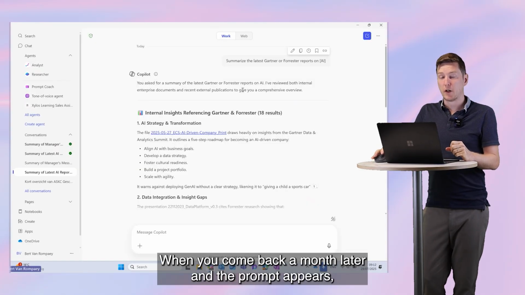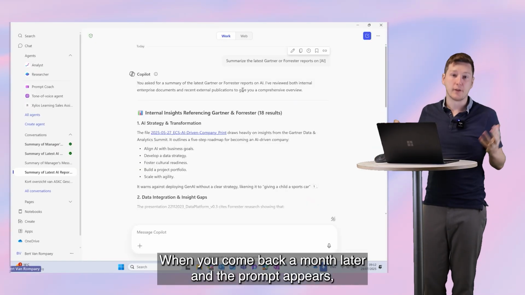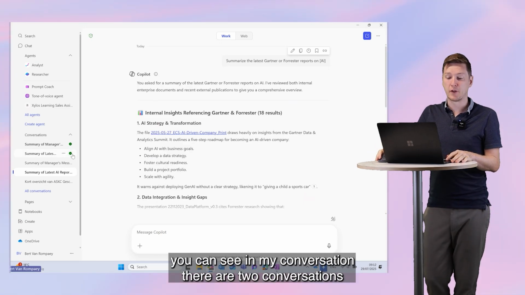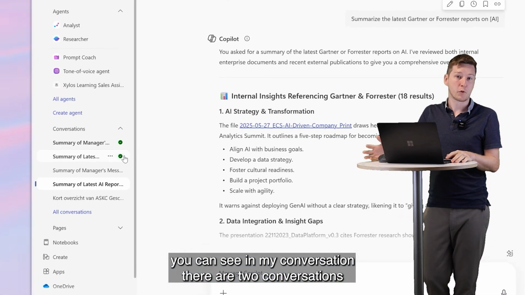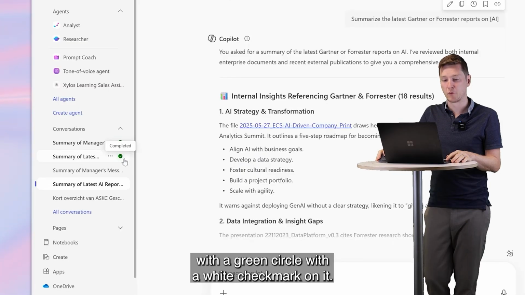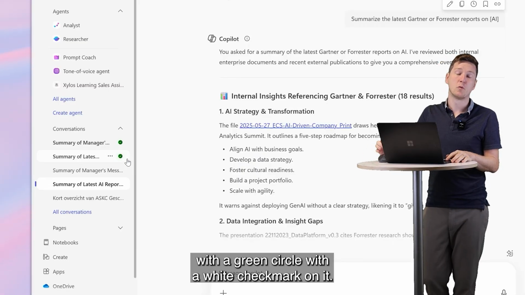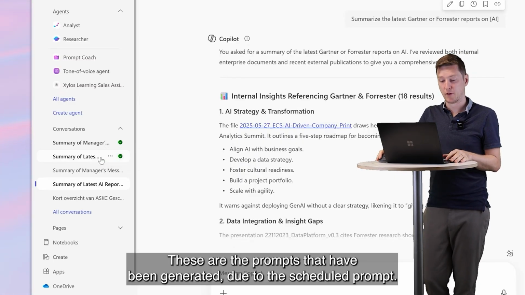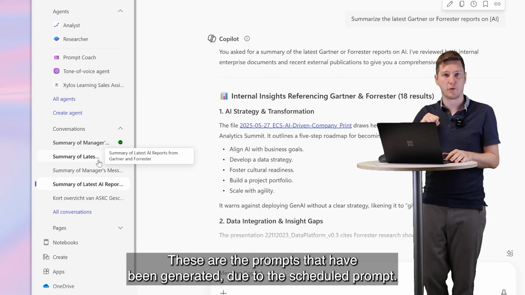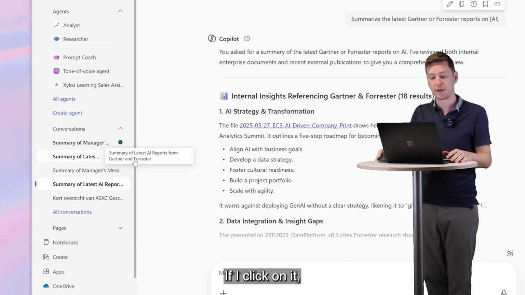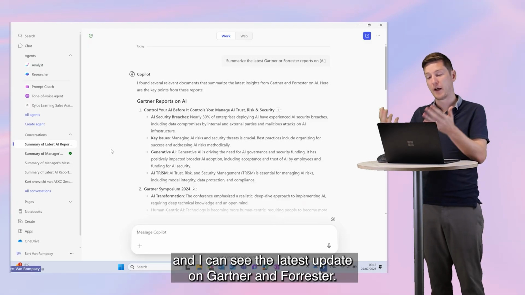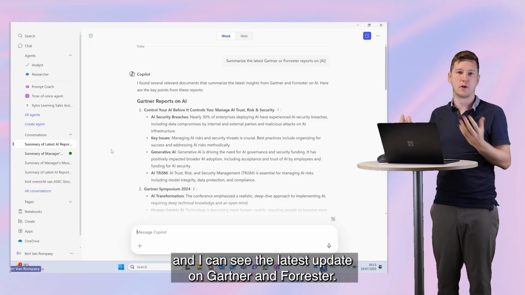When you come to a month later and the prompt comes, you can see in my conversations there are two conversations with a green circle with a white check mark on it. These are the prompts that have been generated due to the scheduled prompting. If I click on it, the green circle will go away and I can see the latest on Gartner or